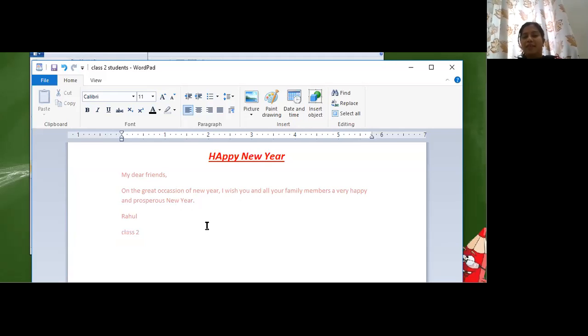Once you add something, this time when I'm saving it, listen to me carefully. This time when I save it, I don't have to give a new name because I have already given a name. So the computer will also not ask me for a new name. When you create a new document for the first time, only then it will ask you to give a name. Once you have given a name, that is it. You need not give the document a new name again and again.